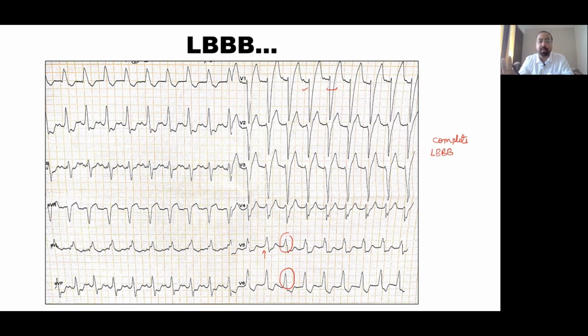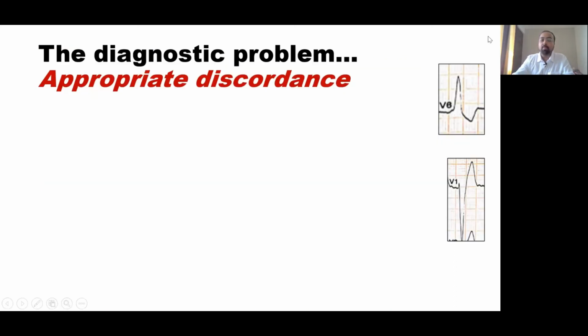So once you've understood the basics, the next question is how to diagnose ischemia in patients with left bundle branch block. In any usual patient with a typical clinical manifestation, ischemia is usually diagnosed based on an ST elevation or an ST depression. So ischemia can be diagnosed similarly in an LBBB patient also. What is the big deal? The problem here is of the appropriate discordance. Now, what exactly is this term appropriate discordance?